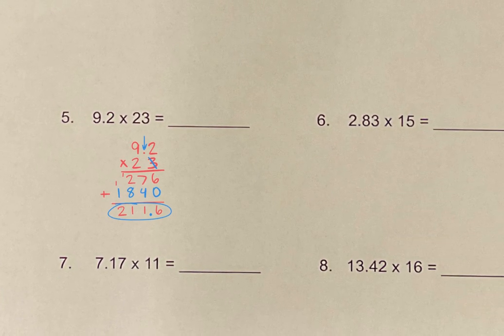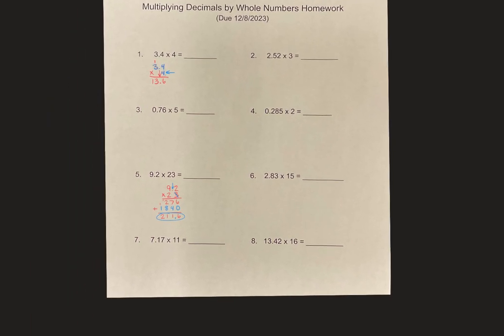Okay, and I want you guys to do the rest. That means you only have 6 problems left. And don't forget that whenever you're setting up a problem where you have a decimal times a whole number, you're going to set up your problem the same way that you would set up just a normal multiplication problem, right? You would do 2 and 52 hundredths times 3. You would set it up the same way that you would set up 252 times 3. So I can go